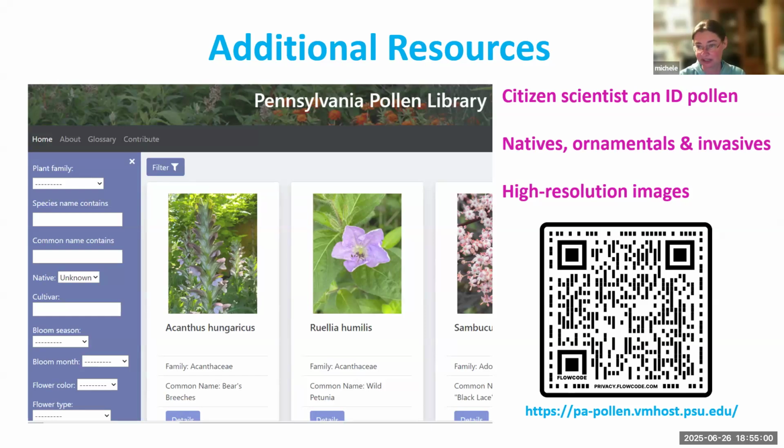Another resource. I fully appreciate that the pollen identification is really expensive. Obviously some of this is because it's a six to eight week process, and a lot of that is labor. But I also appreciate that a lot of people don't have the time or the resources to devote to submitting a gazillion samples to me, or even one. I try to make it as friendly as possible, but another resource is available for people who do want to try to look at their own honey or pollen samples and identify what they've got.